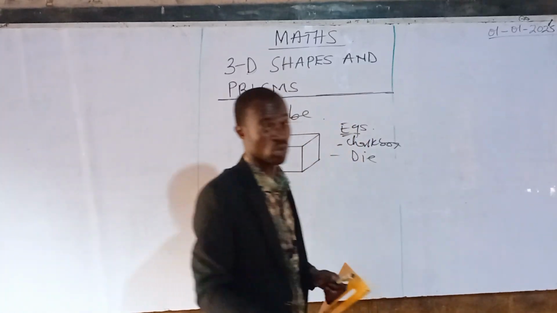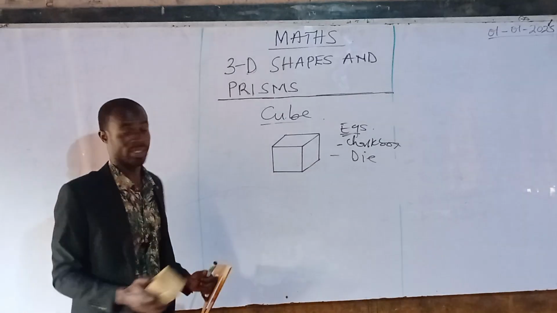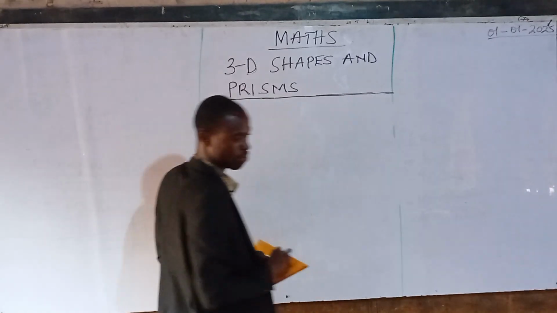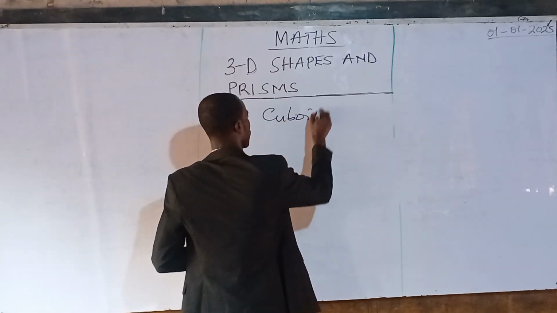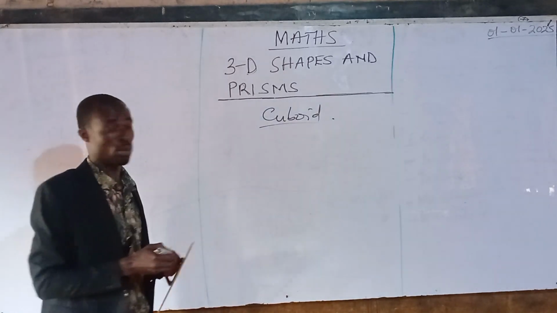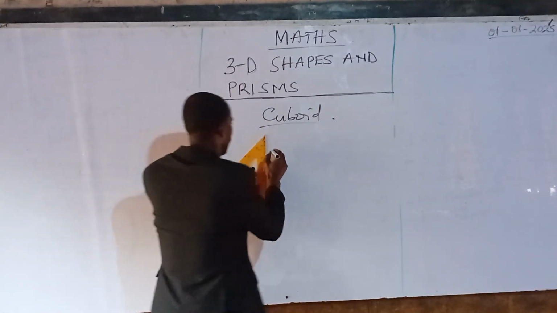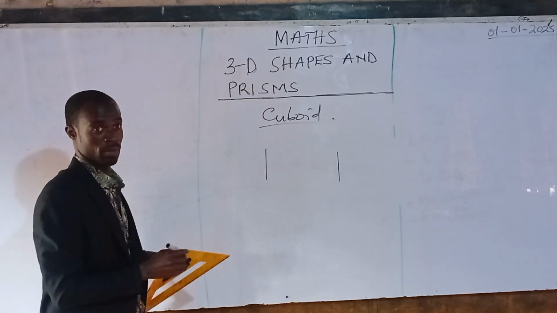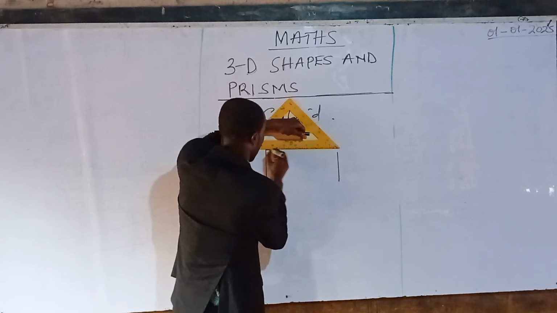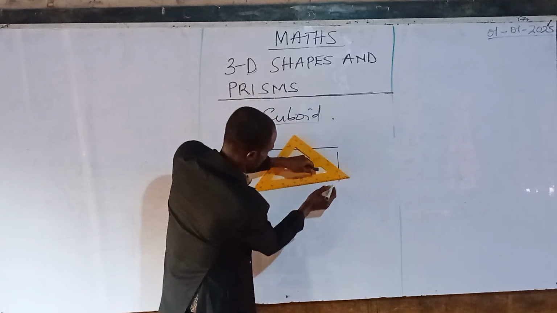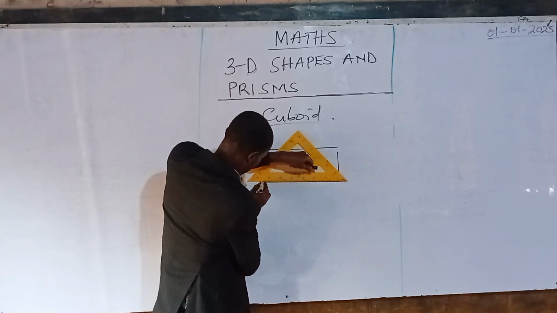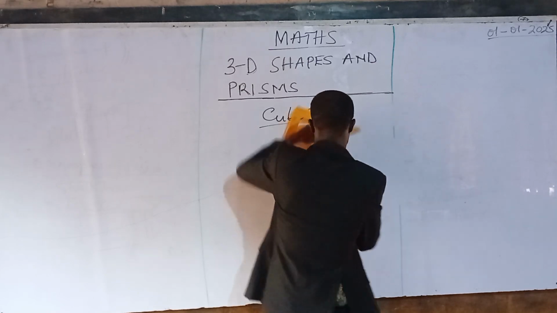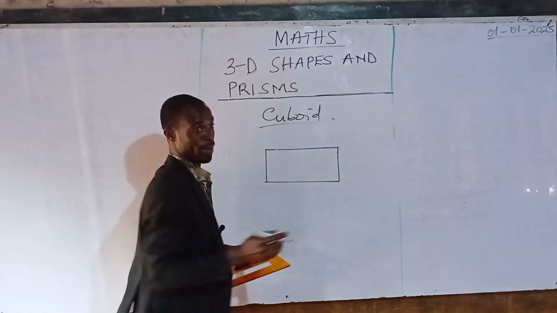Now let's move on quickly to a cuboid. This is how we draw a cuboid. See? Then we join like a rectangle. We are drawing a rectangle. Right. So the same as you did for the cube,